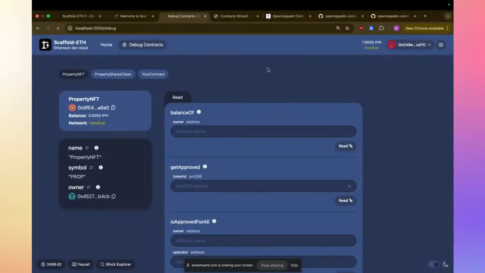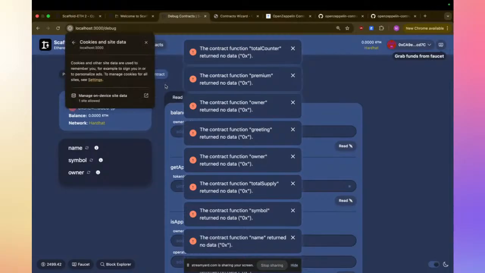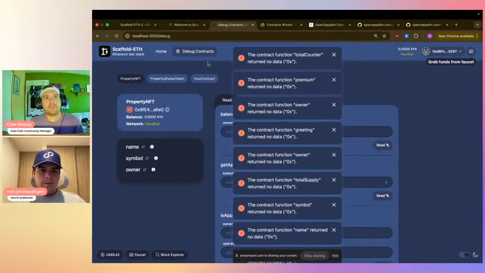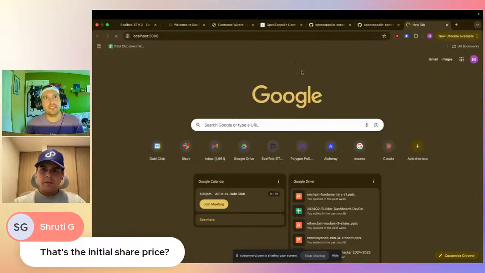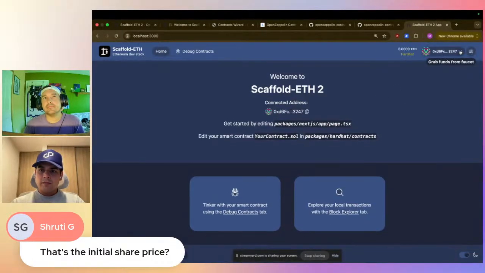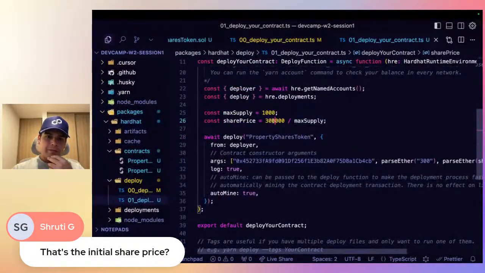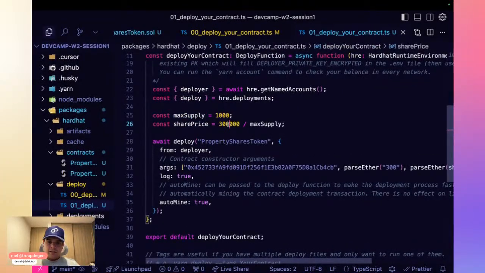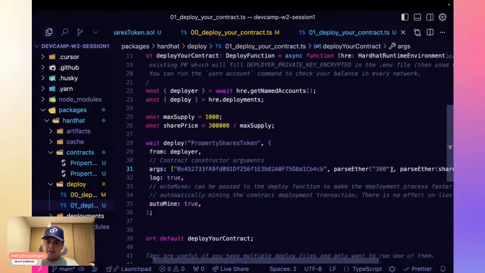Now we can just remove this. And just one from here too. That's the math you were just doing there. That's you setting the initial share price, correct? Yes, in short, what I'm doing is, yeah, exactly. Just making it easier for us to handle this share price instead of doing the math here, because it has to be sent as a string. Not a big deal.